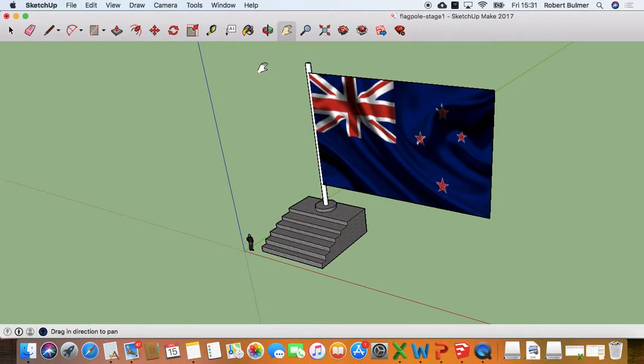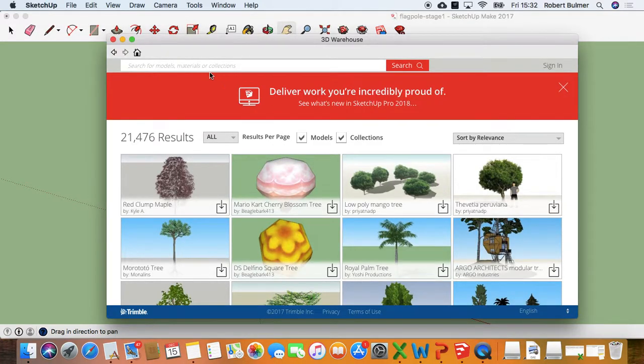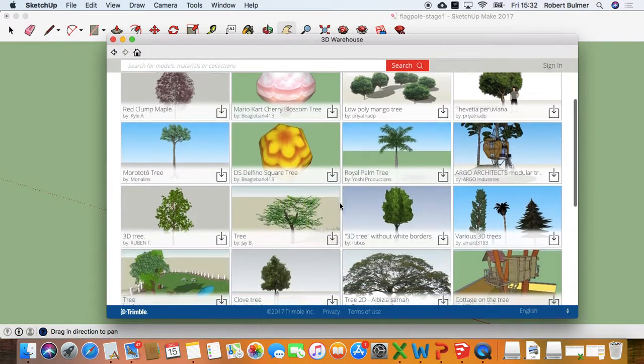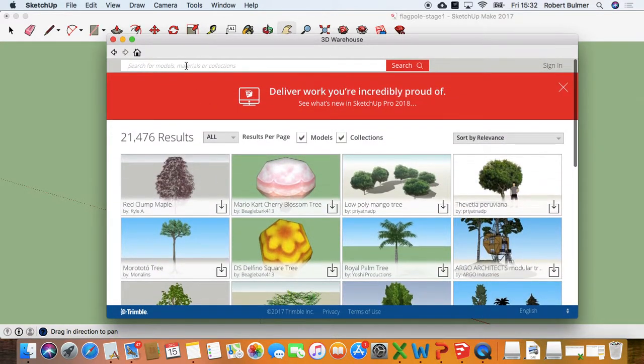I'm going to get it from here. I can get it from the browser where I've just been, and that's where I normally go to. But what's nice about this version of SketchUp is they've added a button here called 3D Warehouse, and I can click on this, and it opens up Google's own 3D Warehouse. All these images that have been created will go into Google SketchUp, so I can import any number of things. Anything you type in here